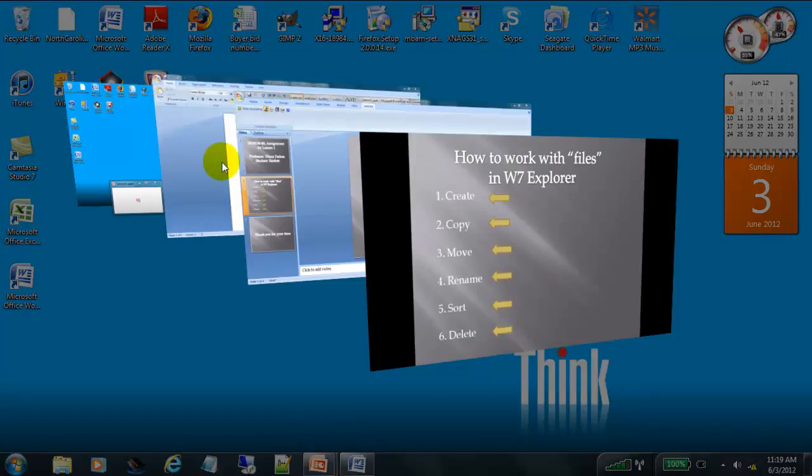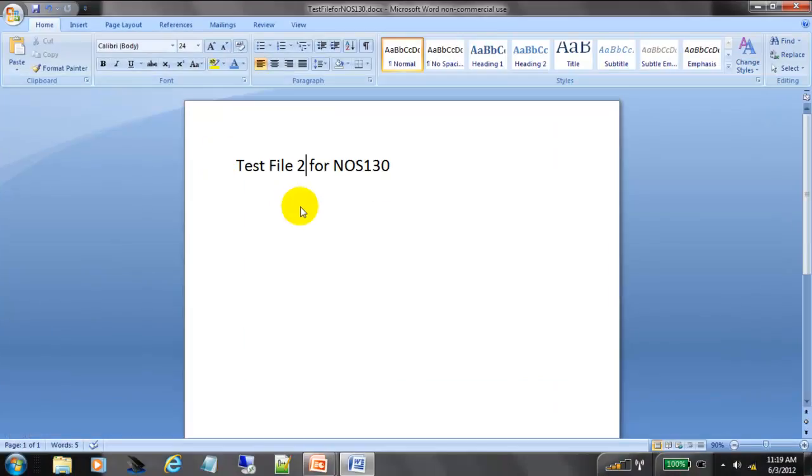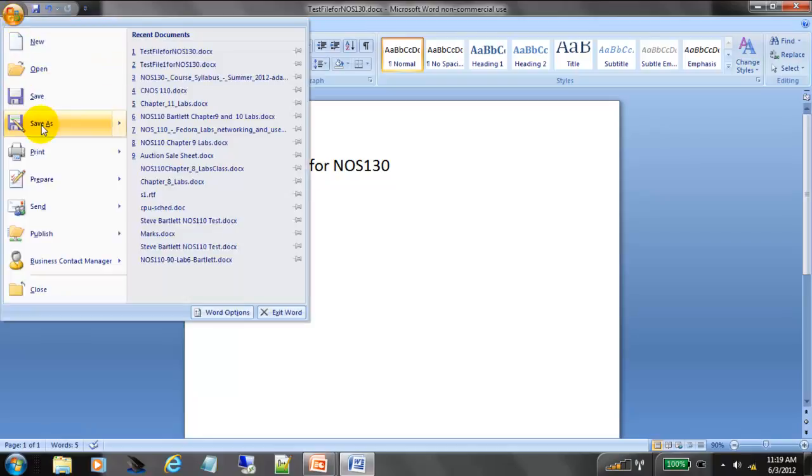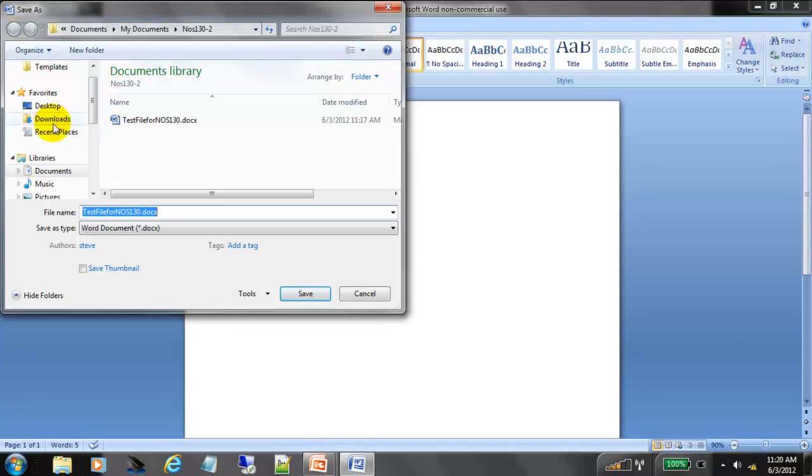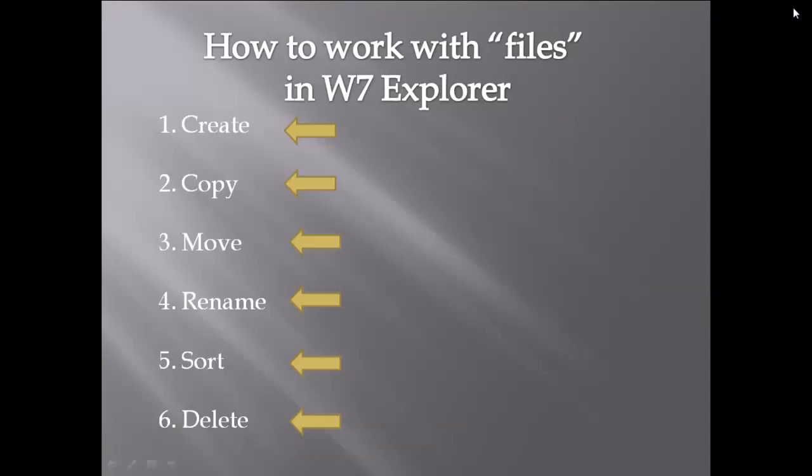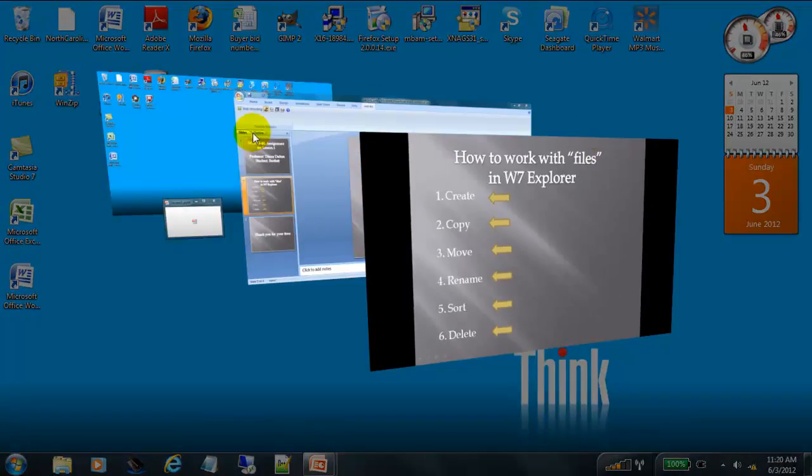So the first thing we want to do is create the file. Now, I have already created one file in a folder for you. I am going to create another file called test file 2. In doing this, I have Word open. I'll do a save as. I've taken it to the documents folder under my documents NOS130-2. I'm going to save it as test file NOS130. Hit save. I will close that. With that closed, the next thing we'll do, we're going to move on over to the